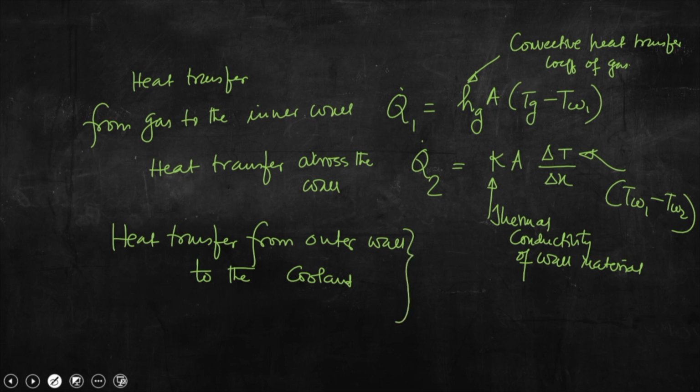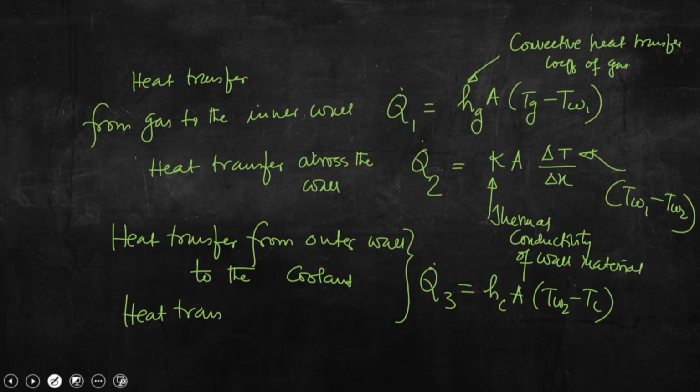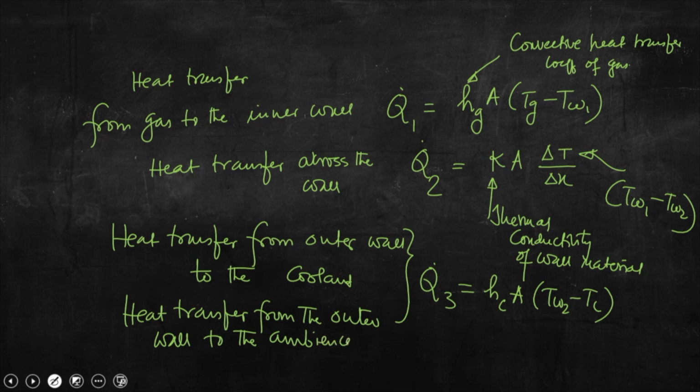So, this is q dot 3 equal to again H C A into T W 2 minus T C, and heat transfer from the outer wall to the ambience,